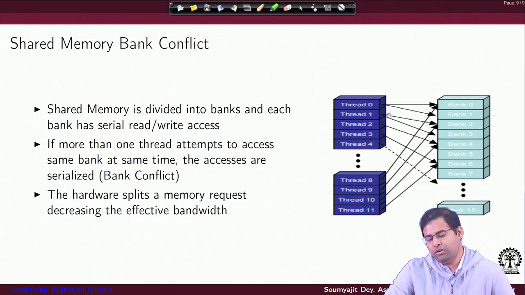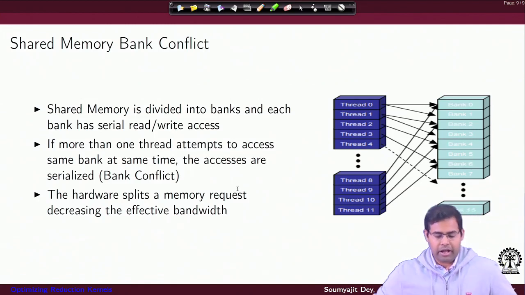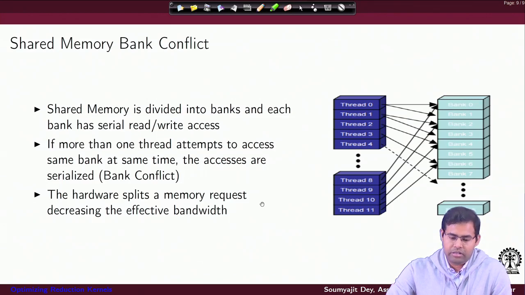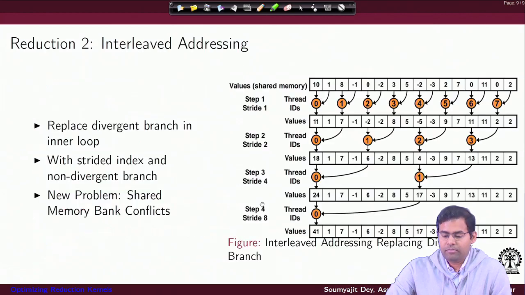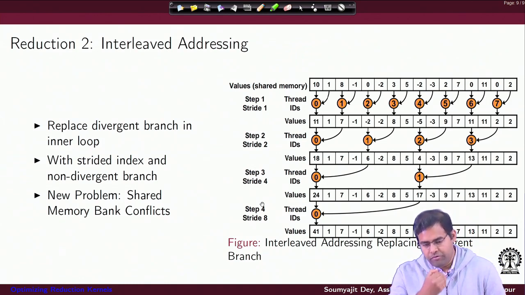The accesses are not uniform across banks. Every thread is accessing 2 consecutive banks. So I have a bank conflict here, right? If more than one thread attempts to access the same bank, we know we get a bank conflict, and that needs to be resolved now. The way that you can resolve it is you have to again perform some transformation in the code. Every thread is accessing consecutive banks, right?